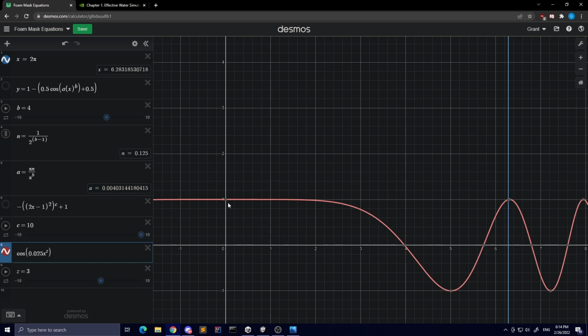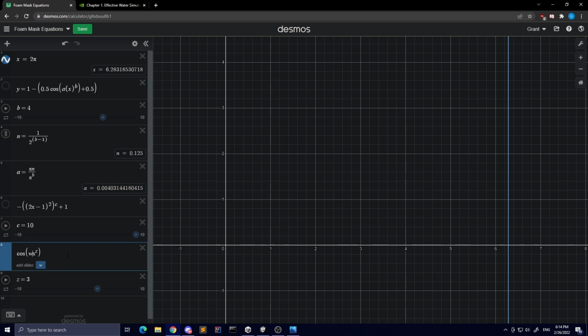And that'll create that continuous effect when we mod the x value by 2 pi. But obviously we don't want to just guess and input this manually. So if we set this as another parameter like w,